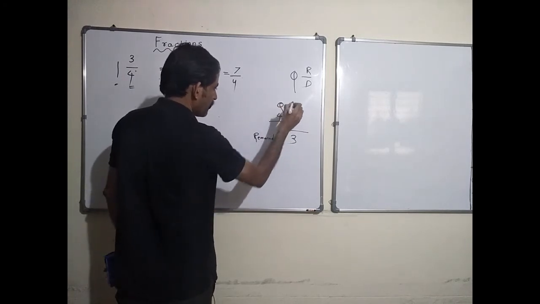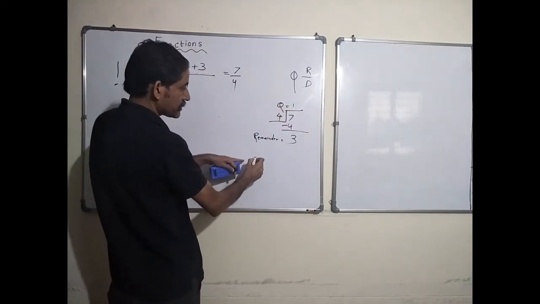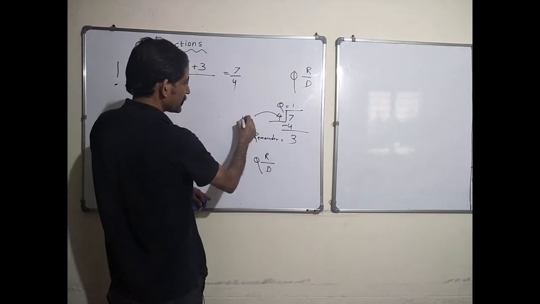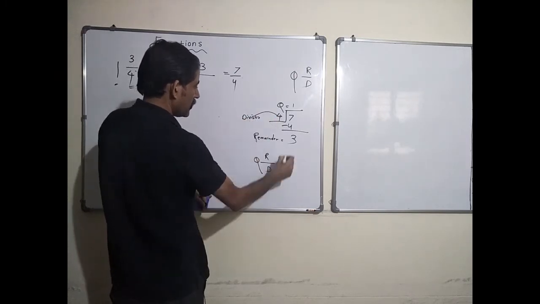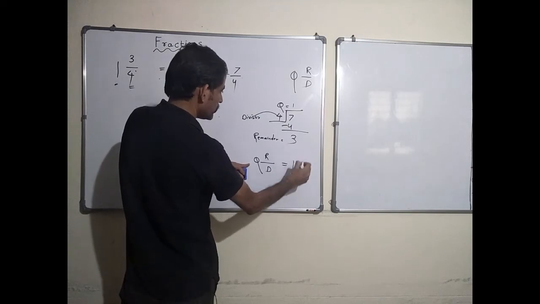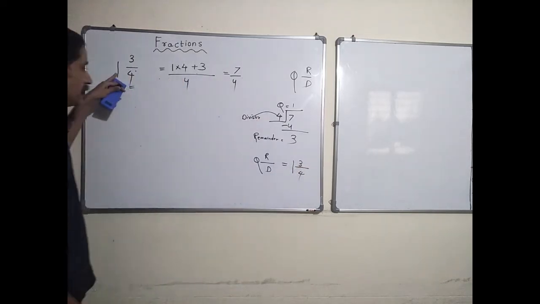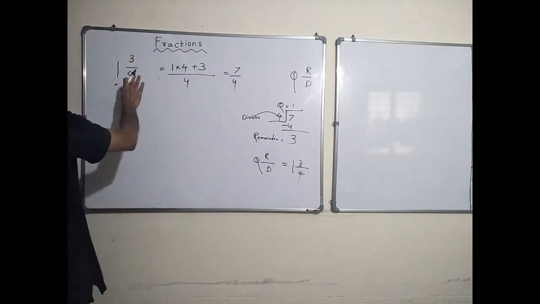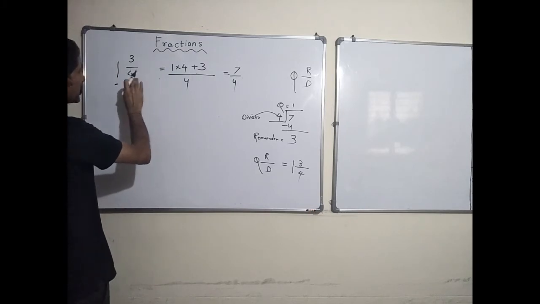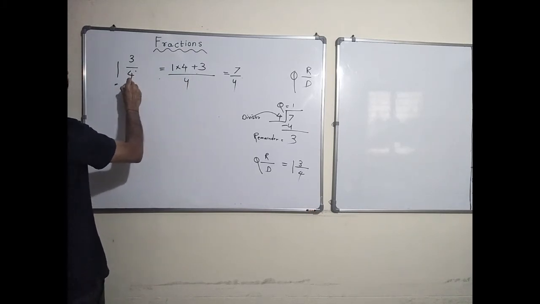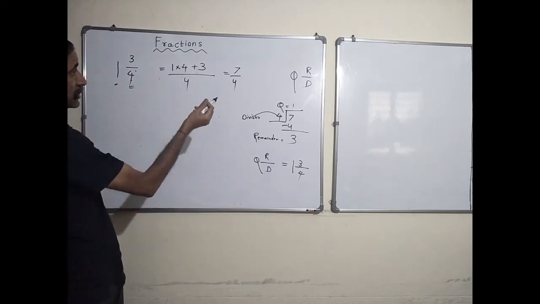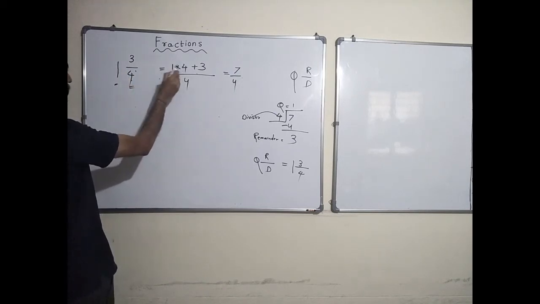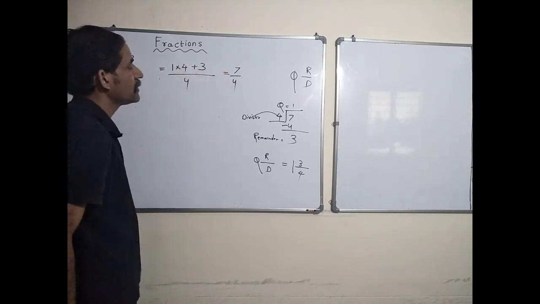this is the quotient, and the form that you would write is q r by d. D is the denominator, or in this case the divisor is also the same. So q is 1, remainder is 3, divisor is 4, 1 3 by 4, which is what we started with. So the answer is correct, correct? So this is how we do it. Whenever they ask you to convert from mixed fraction to improper, you multiply this with this, 1 into 4 is 4, plus 3 divided by 4 is 7 by 4.